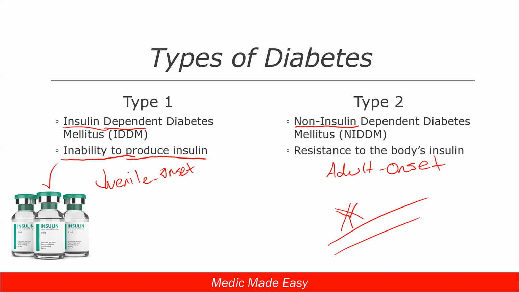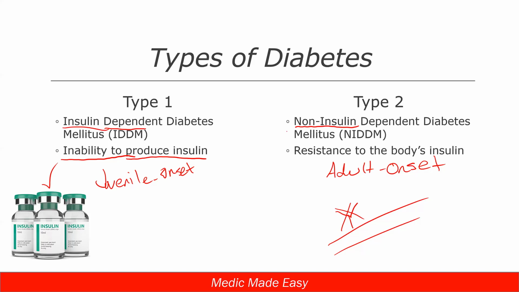What happened, though, with the increasing prevalence of childhood obesity is that they were actually seeing a lot of type 2 diabetes diagnoses in kids, because of lack of exercise, poor nutrition, and a poor health picture for that kid. They started to see more and more of those type 2 diagnoses in kids. So they really backed off the terminology of juvenile onset diabetes and adult onset diabetes, and doubled down and emphasized type 1 or type 2, or insulin dependent and non-insulin dependent.